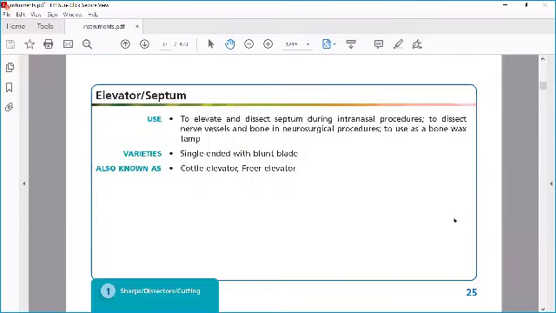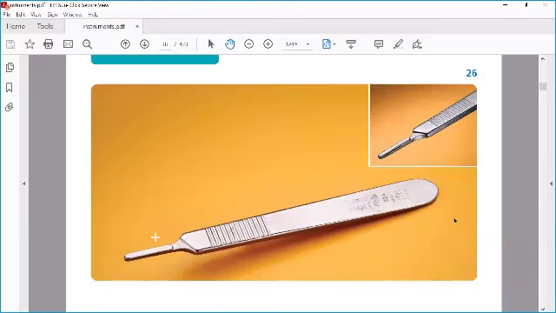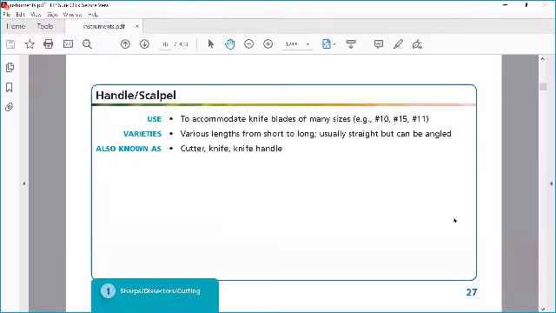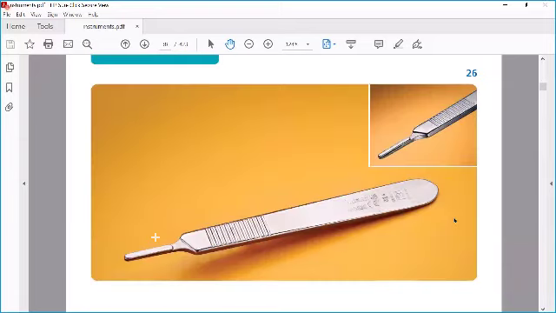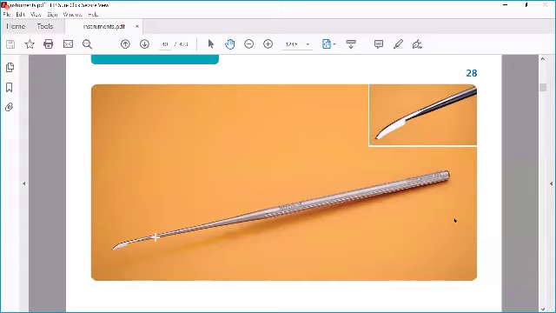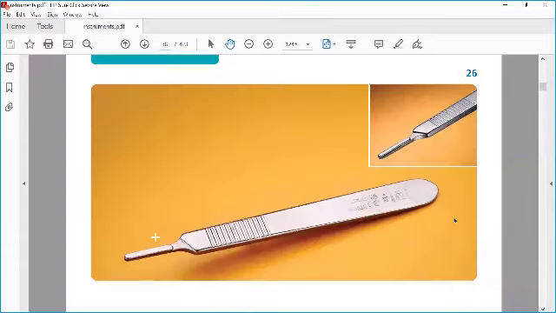Okay, this one, what is this? This one you guys will know. This is a needle holder, no? So remember, you have to remember what the name is also. This one there is no other name, this is just a needle holder. You put a needle there, no? So okay, the important part I'll tell you here is that you have to know all the sizes of blade, how number 11 looks like.